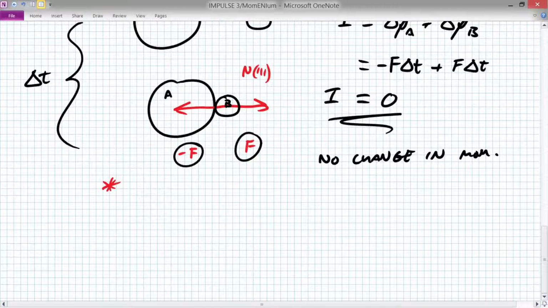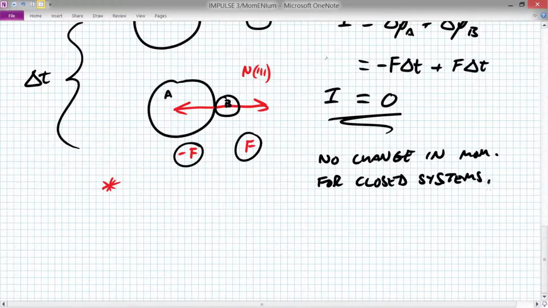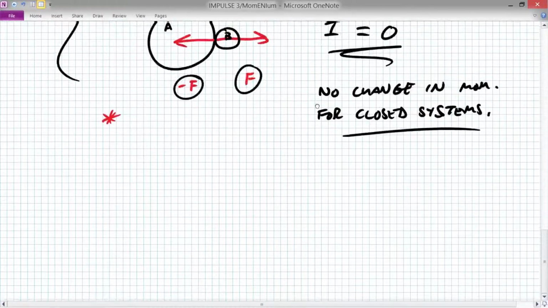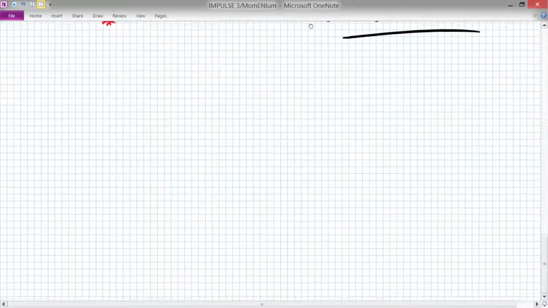One thing that we should say is that this is true only for closed systems. So there's no external source of force or energy getting in or interfering with our masses. This is only for closed systems. Okay, so that basically is a run through of the derivation, and from that, more explicitly, what we can say is